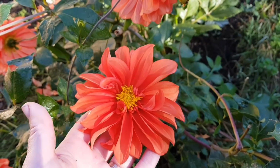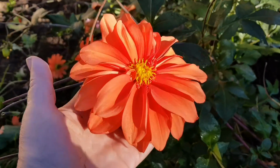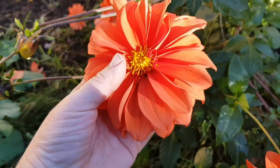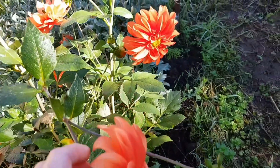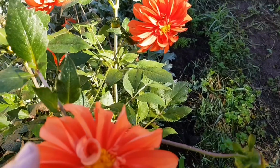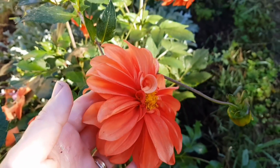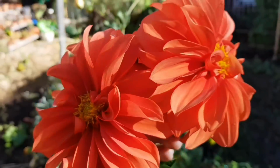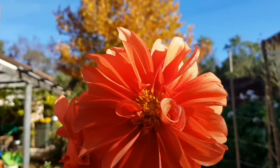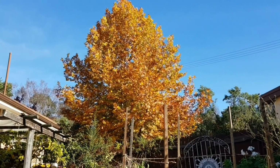So I'm over in a different section now, and this is my very last dahlia plant flowering, which my friend gave to me. She grew from seed. It's a cross between a red and white striped dahlia and the cafe au lait. Really beautiful. I'm going to pick some of them off and pop them in the vase. So there you go, I've picked 3 of them,